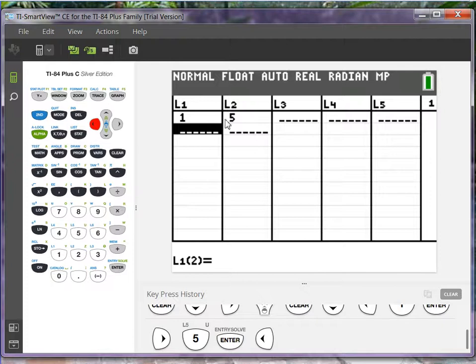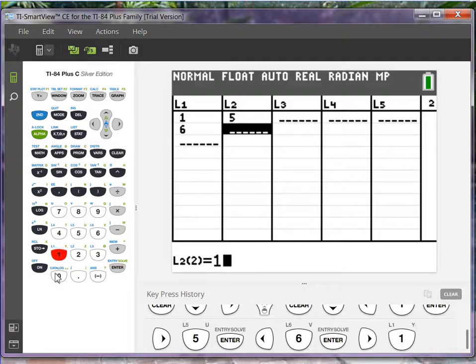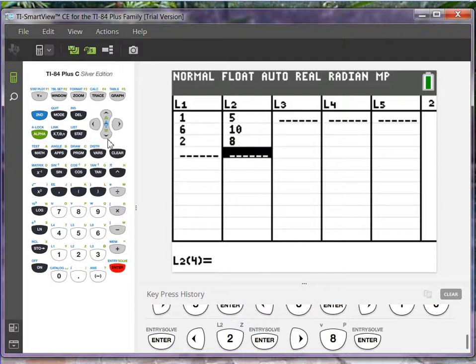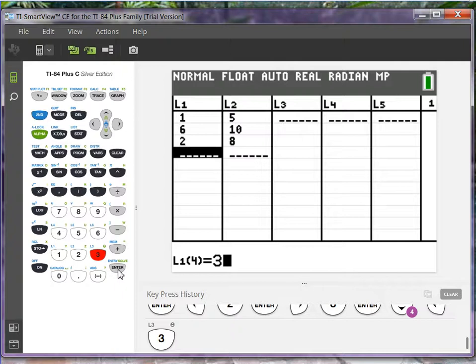So I'm going to enter the point (1, 5). I'm going to have the point (6, 10), and again you don't need to enter the data quite this way. I'm probably making it harder than it needs to be, but I want to make sure that my points are in appropriate places. So I'm going to enter the next point, which is (2, 8). Don't forget to hit enter after you type a value, or else it's not going to show up in your list. I'm going to have the point (3, 6),